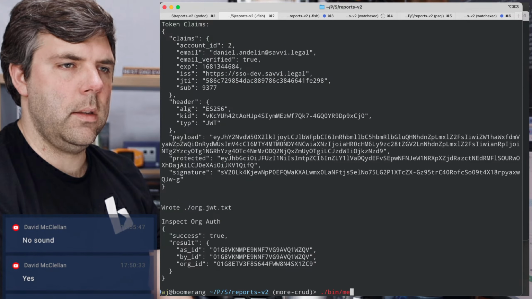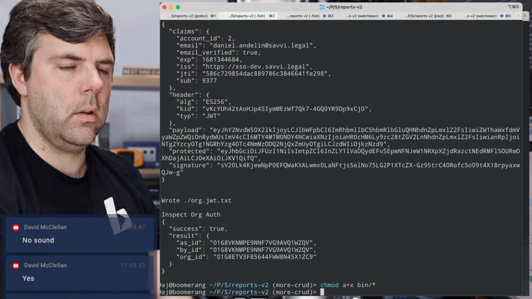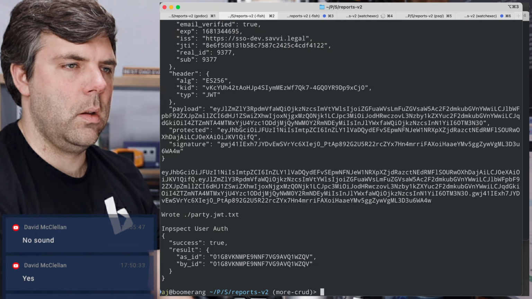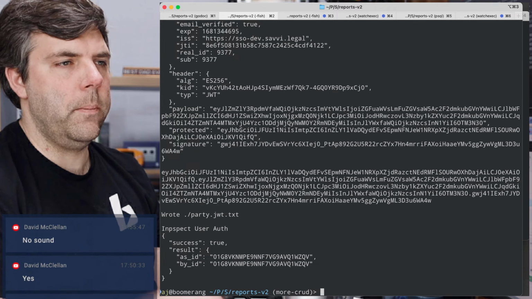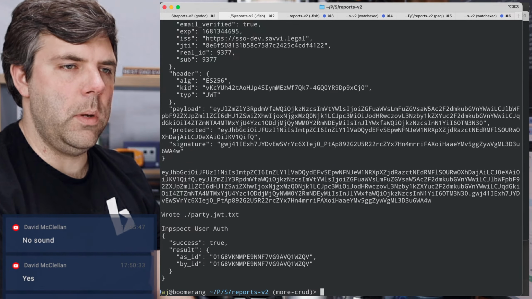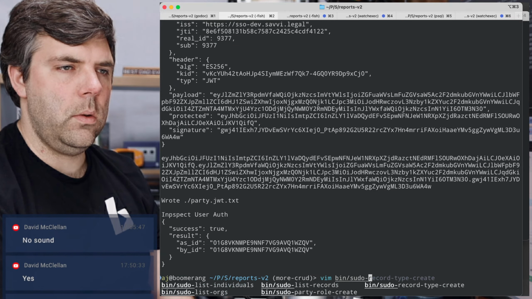Okay, org inspect, and then let's try, whoops, me inspect, whoops, chmod. Okay, that looks good. And then we should be able to do the sudo.